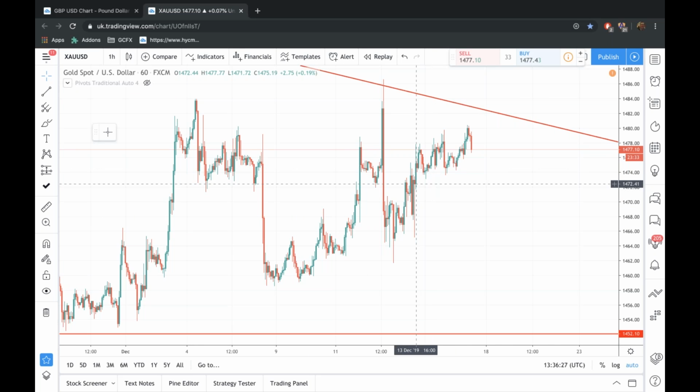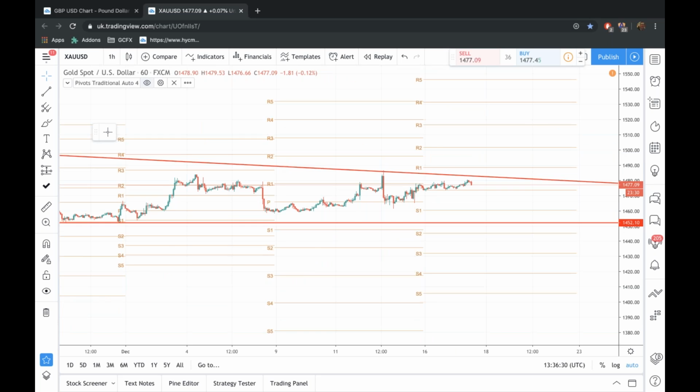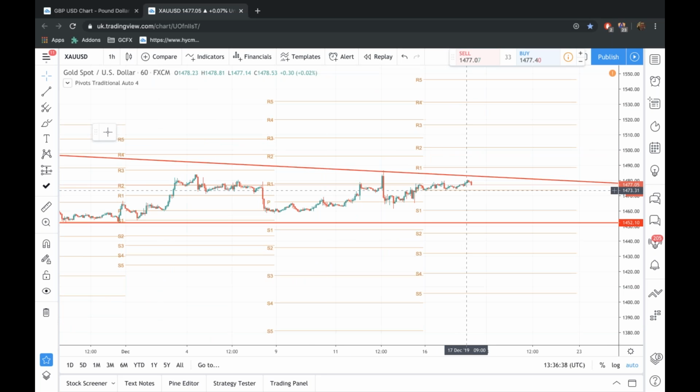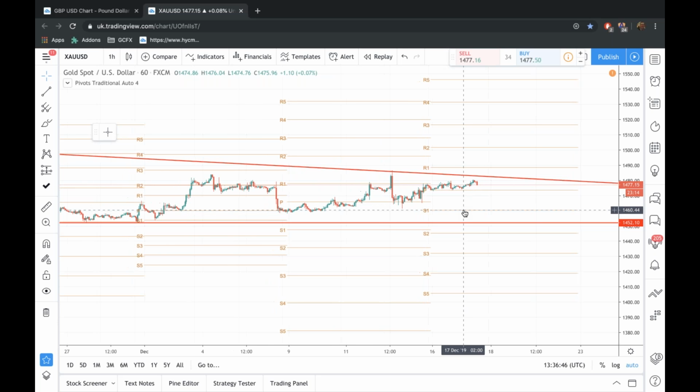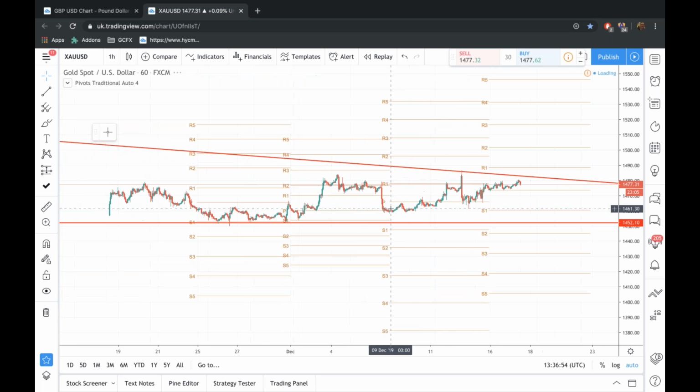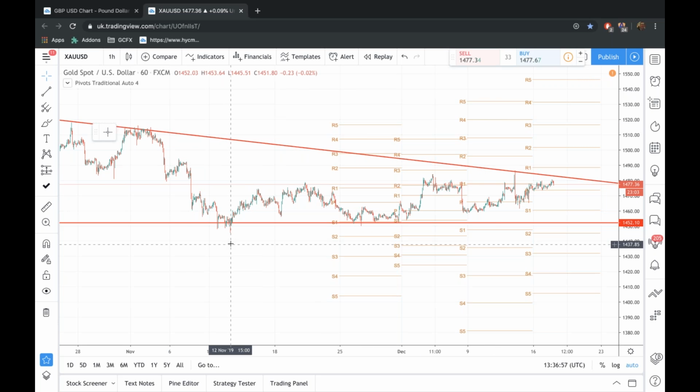So let's just have a look at some key levels. Yeah, so that's another key level here, 1474. I like that for buyers, and 1460. So these two levels for medium-term gold buyers, I like those, Sammy. They look like good levels. And obviously there's this level here, 1467, just above here. So there are three levels where, for me, stops make sense underneath 1440, which you can see is also underneath the S2 pivot point. That makes sense to me, Sammy.